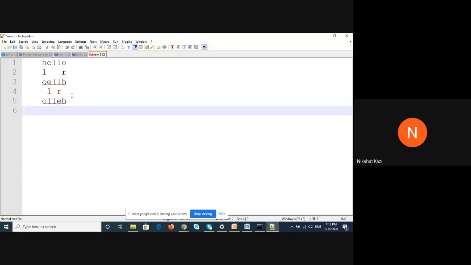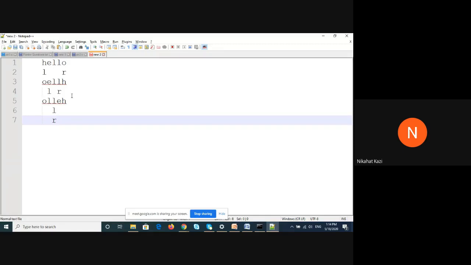And then what will happen in the next step? Again L and R will coincide. Both will point to this element. L is also here and R is also here. Both are on the same element. At this point we can stop, because both have come to the same location and we do not need to exchange. But this happens in the case when the string is odd. What happens when the string is even?